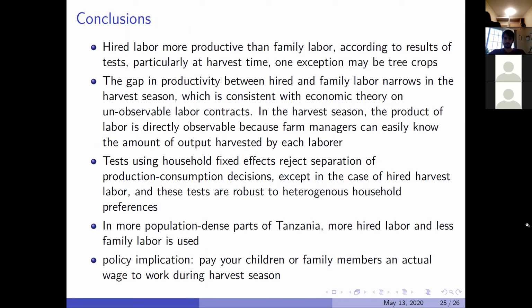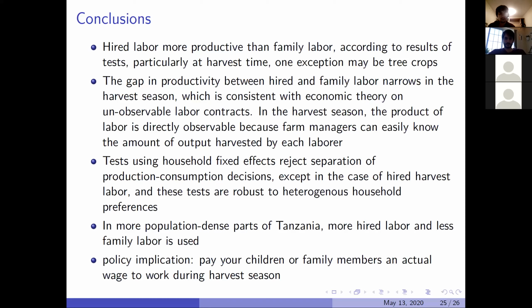Okay, so what are the conclusions? Hired labor at harvest time, from the Deolalikar and Vijverberg test, which was not pictured here, is more productive than family labor, except with respect to tree crops. And according to the results on differences in labor productivity, the DV test, the BF test, and the wage differential test, which are all three in the paper, and only one of which I discussed in this presentation,